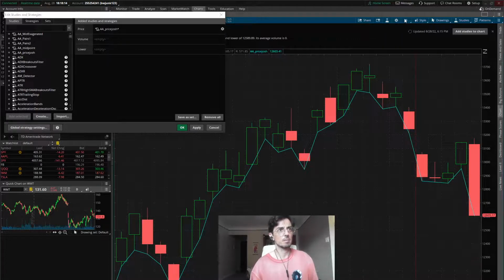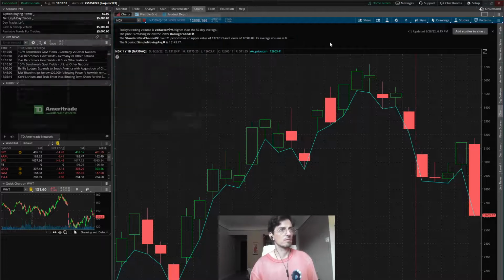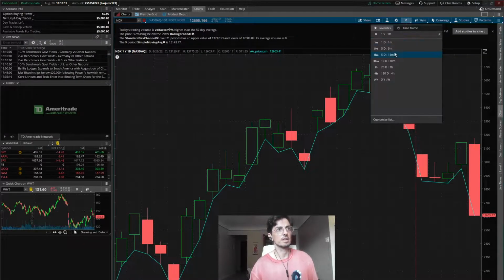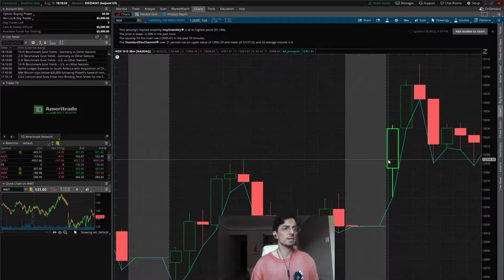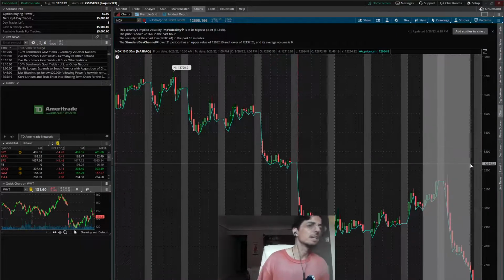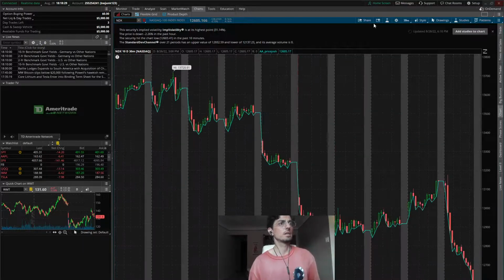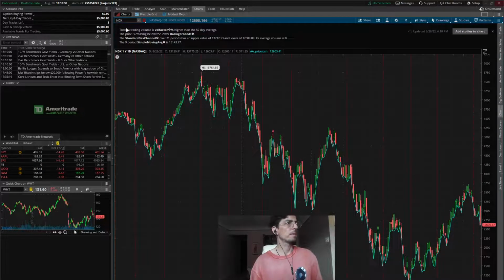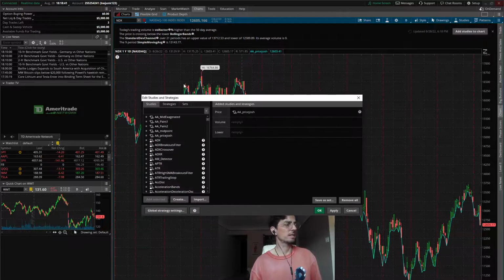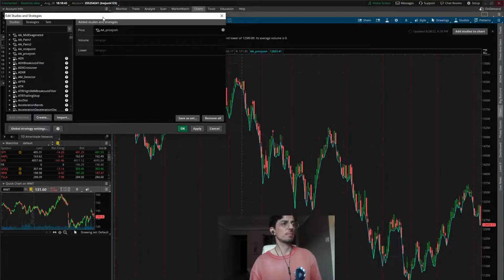Or this is not, it could be minute. You know, to change our period, we have to go here and change it to the 30 minutes. So now we have a totally different chart, but it doesn't matter because it's basically the same idea. It's any period you want it to be. I'll go back to day because I like day. Don't get too focused on minutes. So once again, edit studies. It's really good in programming to have to repeat the same thing over and over. Don't try to stop yourself from doing that. It's good for you to do that.